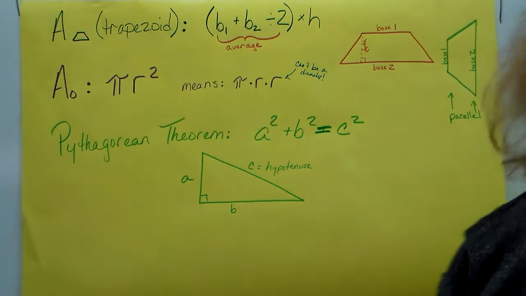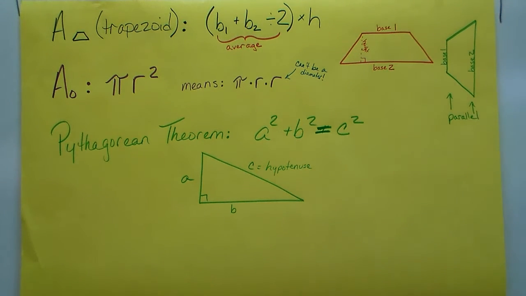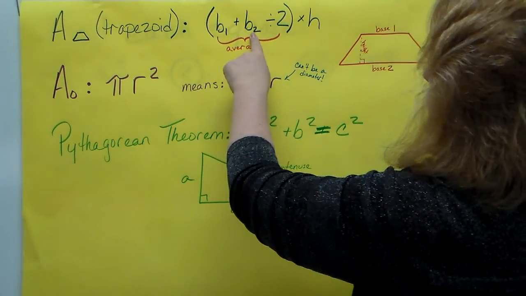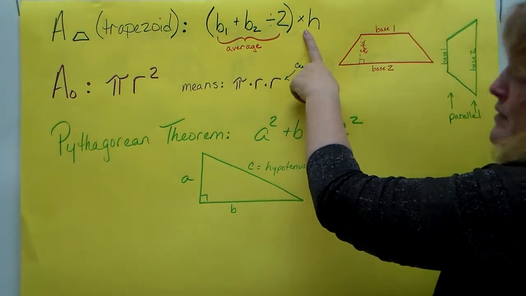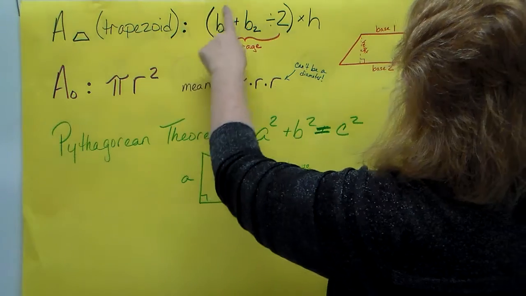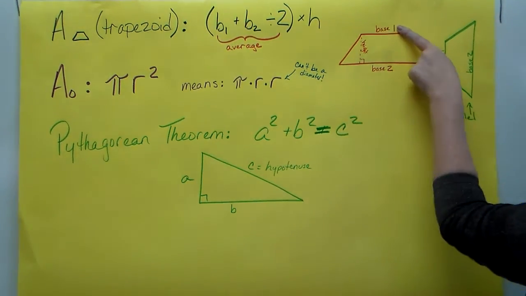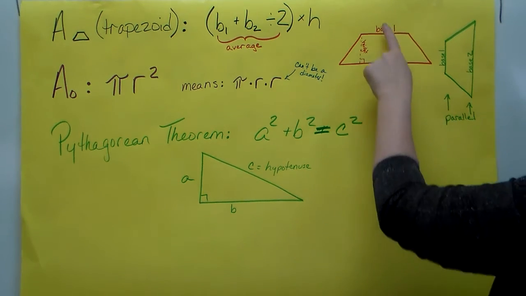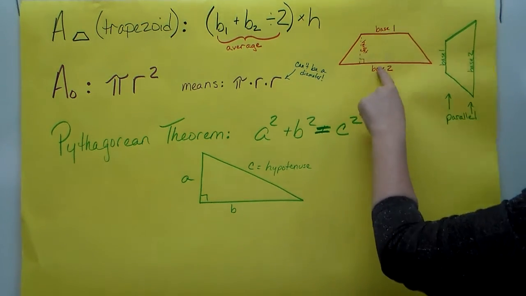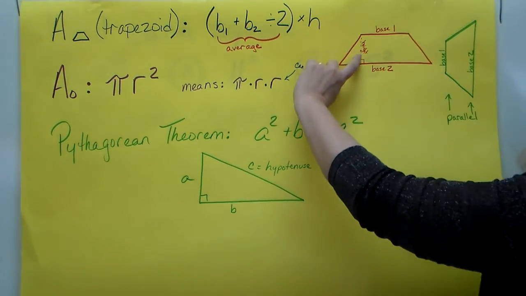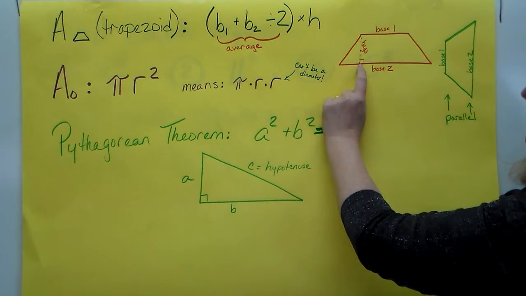We also have the area of a trapezoid. Now, the formula for this is (B1 plus B2) divided by 2 times h. Now, what this means is you have to find the average of the two bases. So you've got a base 1 on top and a base 2 on bottom. Doesn't matter which one's which, but you're going to add the two together and divide by 2 to find the average. And then you're going to multiply that by the height, and the height is always perpendicular to the base,